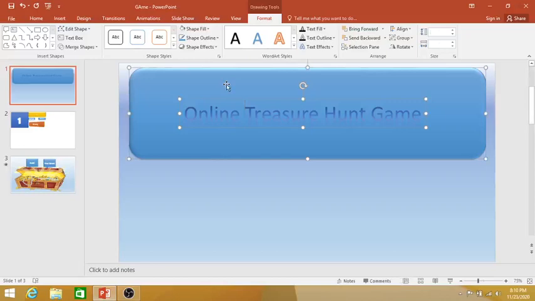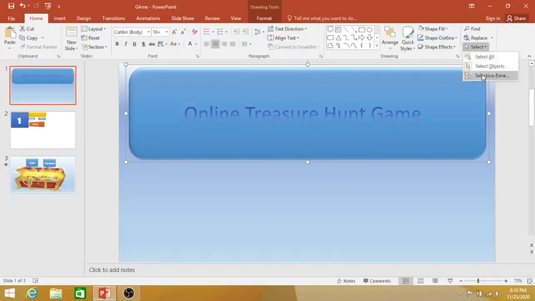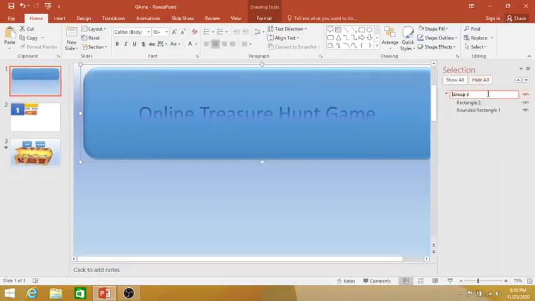Press shift, Ctrl G. Then go to home, go to the selection pane, and then you have to rename this as start. Yes, you rename it as start.